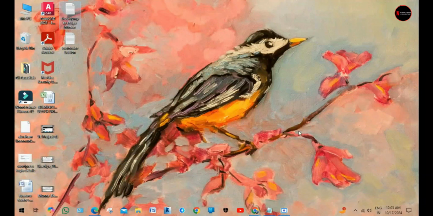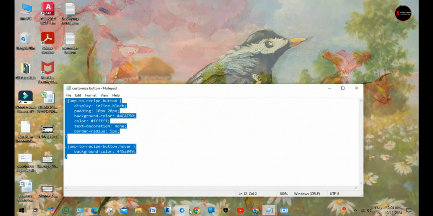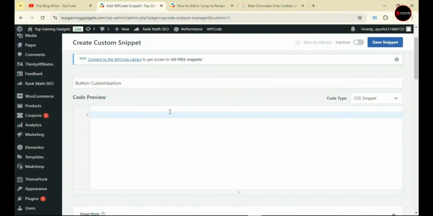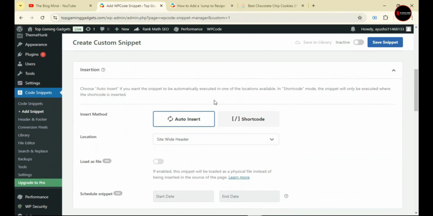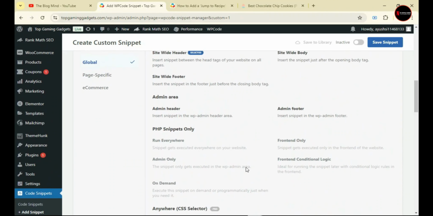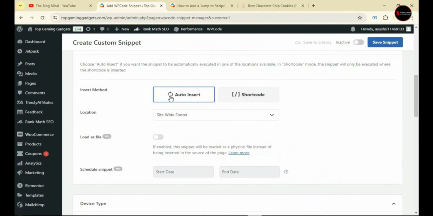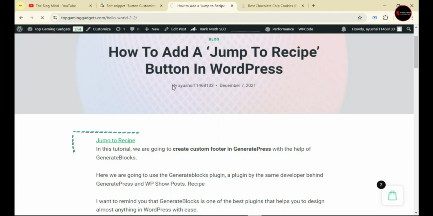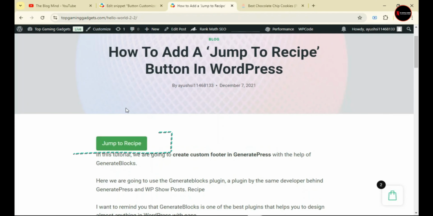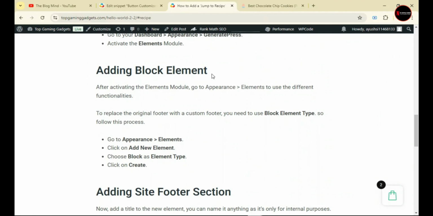After that, I'll open the code, then copy it and paste it right here. Don't worry, I'll provide this link in the comment box so you can check it out from there. Then set it to auto insert, then set location to site wide footer, and save it and activate. And here, the jump to recipe button will have a proper button style, making it look neat and professional.